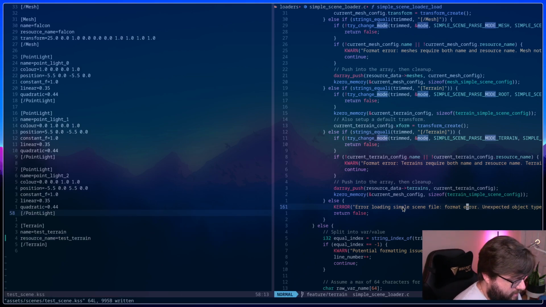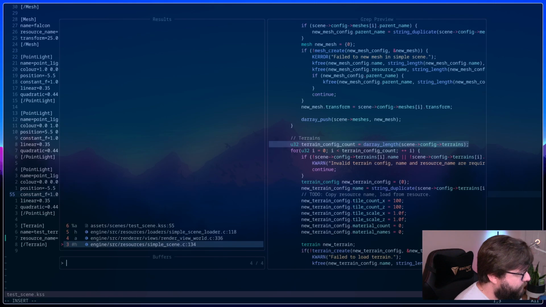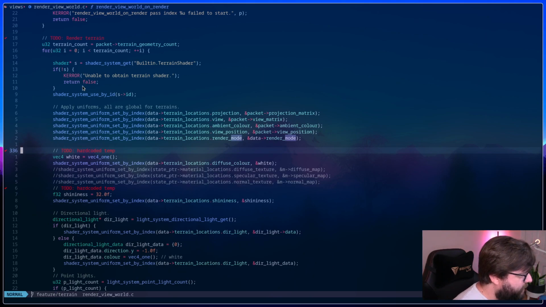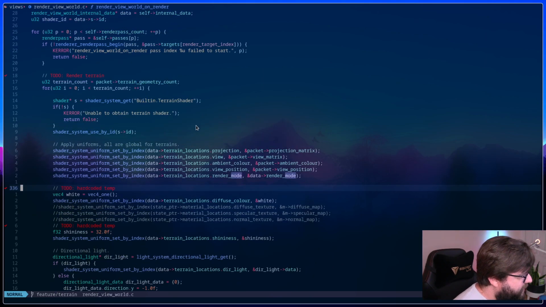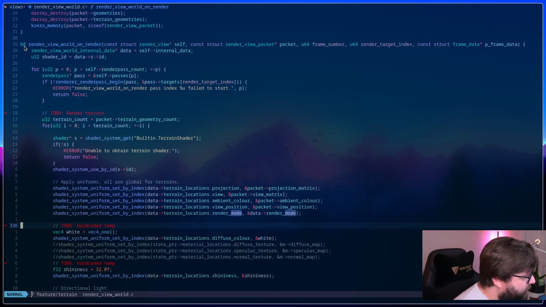And then I'm going to shut down that buffer and open up the render view world here, because I suspect there's going to be some problems in here. Let's just have a quick look as a refresher on what we're doing here. So we have render view world on render.